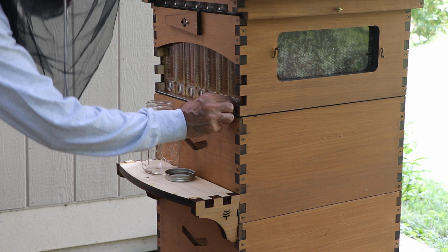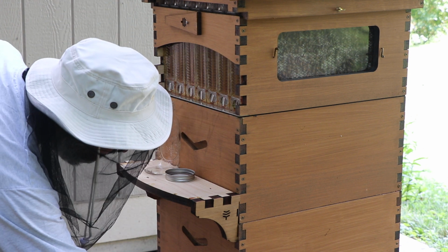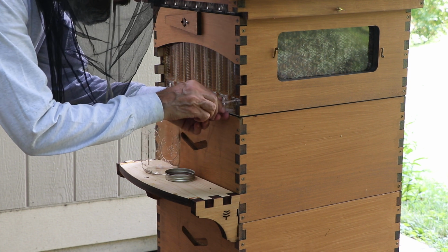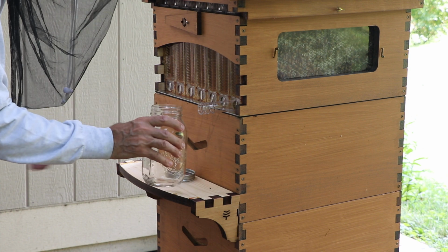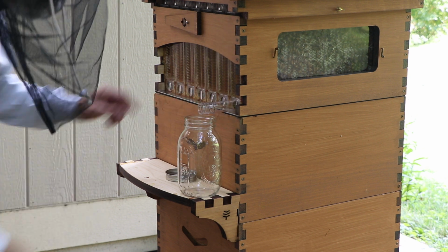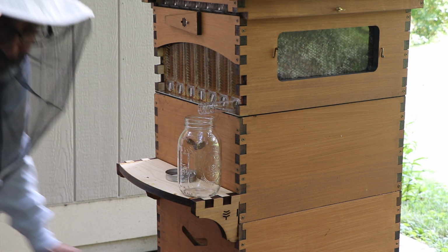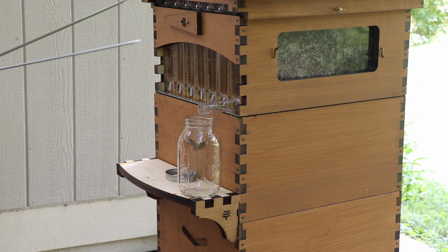So this is how the Flow Hive works. The honey is going to come out of a tube here. And so I need to put the tube in, right into that location, and put the first jar underneath the tube, and then up here is where I'm going to stick the keys to open up the flow frames and let the honey flow out. So I stick my handy keys in here,